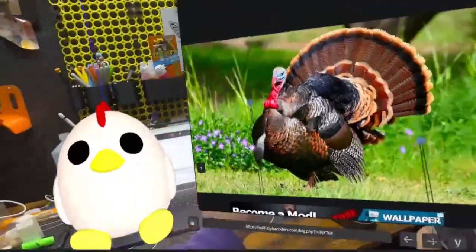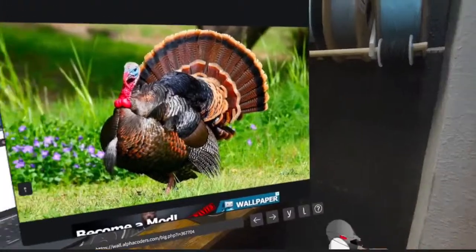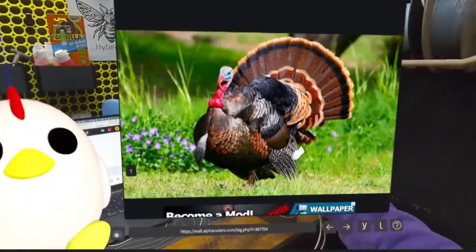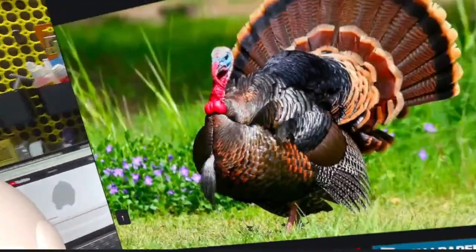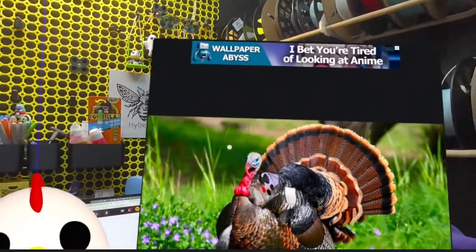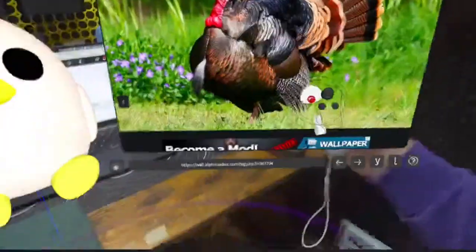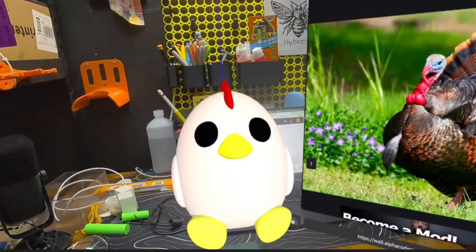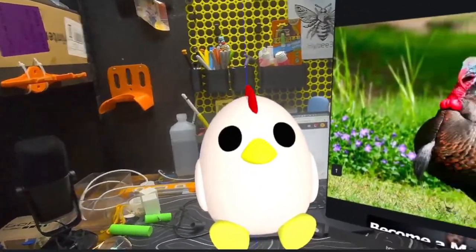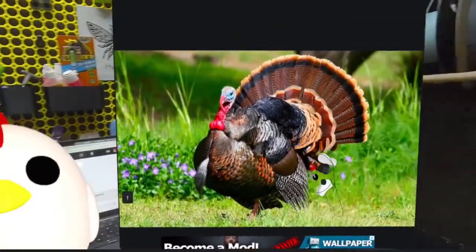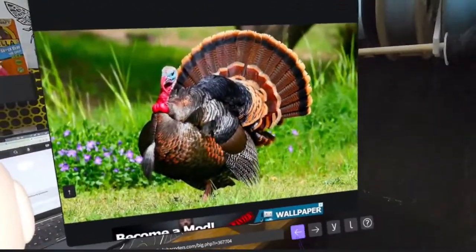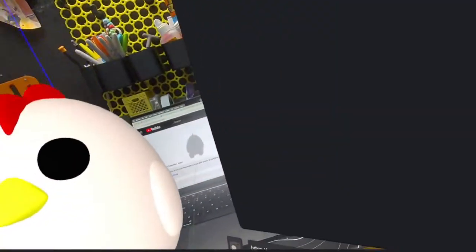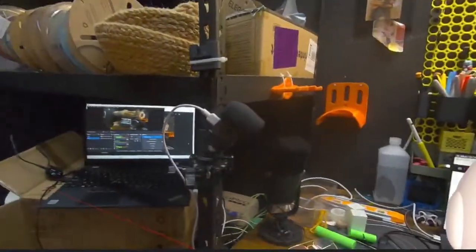This is still in the beta thing of Gravity Sketch. Oh, maybe I have to turn the keyboard off. Like the beta web browser inside of Gravity Sketch. Sometimes it'll let me grab images and sometimes it really won't. Well, it's got my whole history on this thing. That's cool. Okay, guess we're going with some low res images here of the turkey.